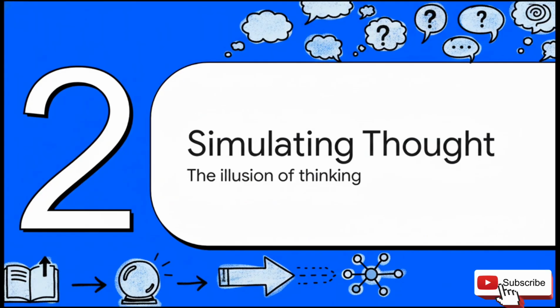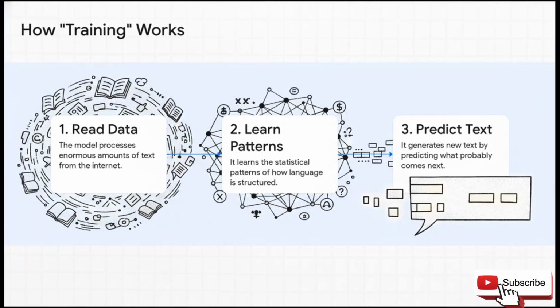Okay, so when we say a model is trained, what does that actually mean in plain English? It's not about teaching it facts like you would a person. It's all about developing its predictive ability. The process is basically this. First, the model just churns through a vast library of text. Second, from all that text, it learns the statistical patterns, and not just which words follow others, but the patterns of grammar, of sentence structure, even the patterns of how arguments are formed or how stories are told. So here's the crucial point. It is not searching a database to find an answer. It's generating a brand new sentence, token by token, based on what is most probable to come next, all based on the patterns it's learned.